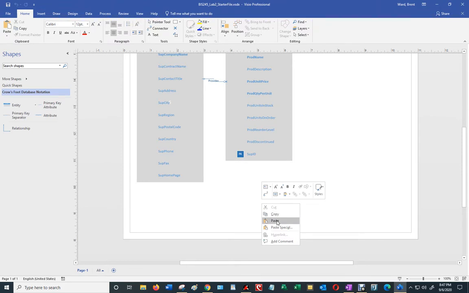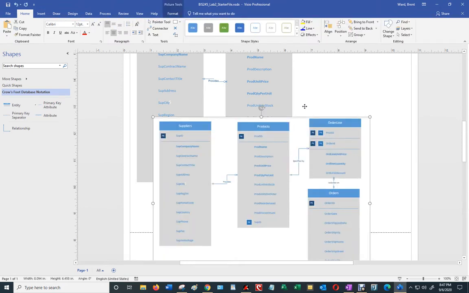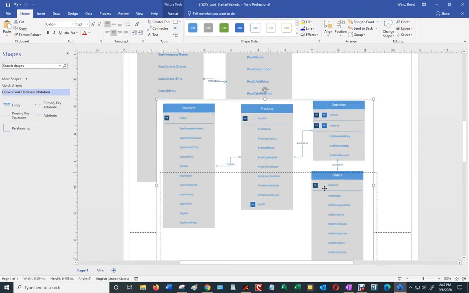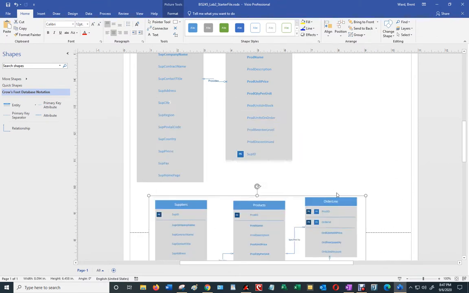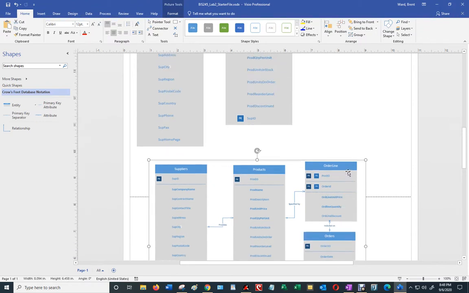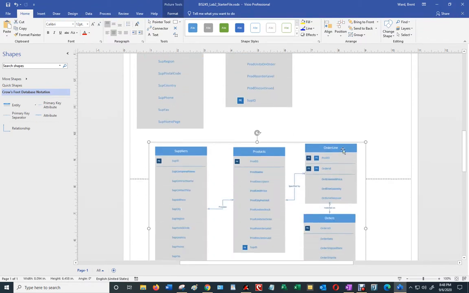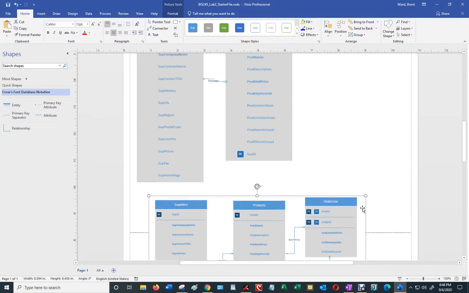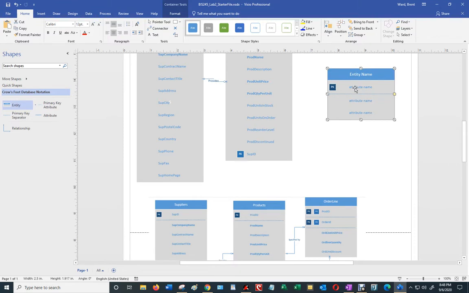What you have to do is make this diagram look like this one that I just screenshotted in here. This screenshot is not something you do, it's something I did just so that I know what I'm creating. Okay, so they want you to add an order line table and an orders table that will join products and orders in a many-to-many relationship. Since I already have suppliers and products, I'm going to add the order line table. So I grab that and I put it over here, and then I type prod ID